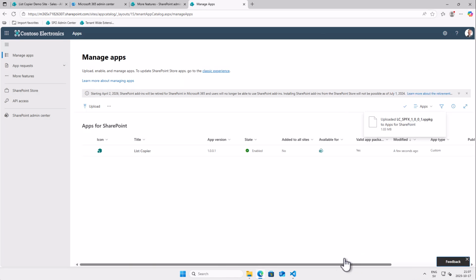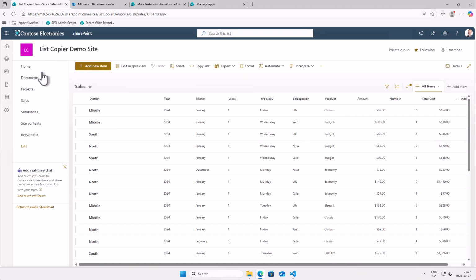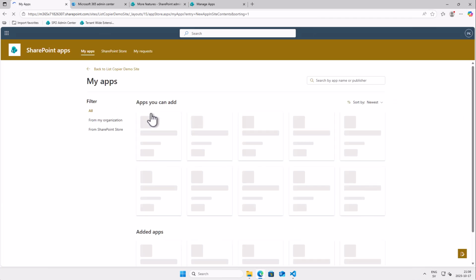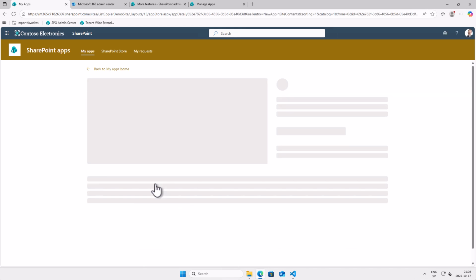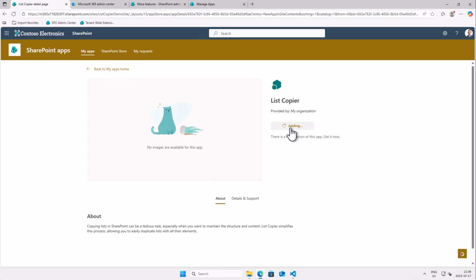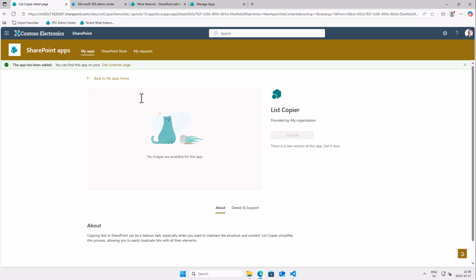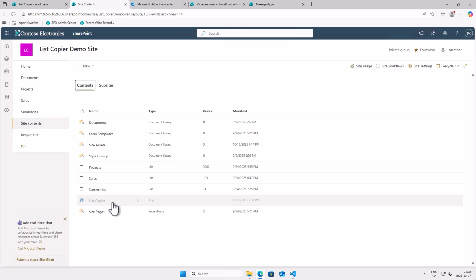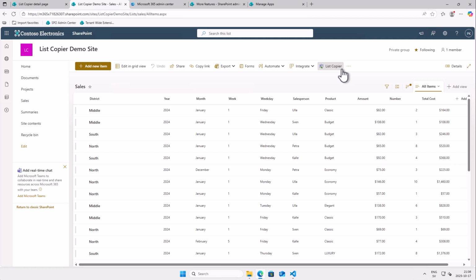So let's do that. Let's go back to my demo site here, go to Site Contents and find View, and then you go to App, and there you find among the From My Organization, there you have List Copier right there. Then you upgrade that if you already have it. Now I've had it on my site before, otherwise it would just say Add, but that's the same principle. So after a few seconds, it's available here now in my site contents. It's grayed out, but that's how it's supposed to be. Now you can go into your list, and there's the List Copier button there, and you can start copying your